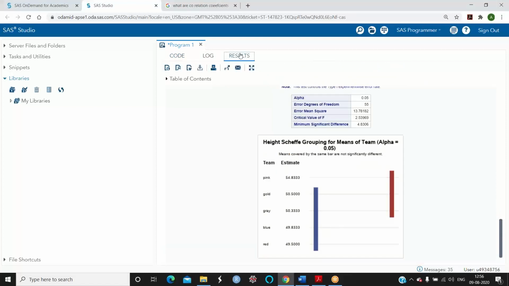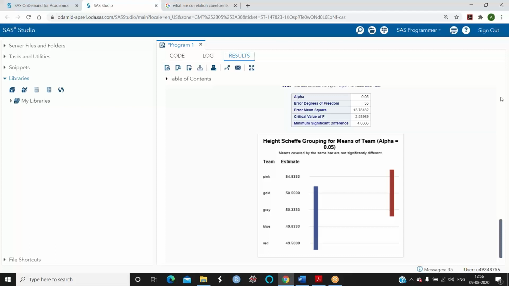The meaning of them is the same. This red is showing you one group. This is showing you another group. Mine is a little old version, so they might have come up with this one. That is more visually impressive. All right.